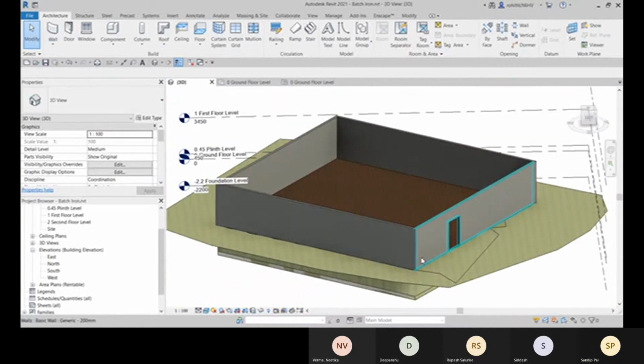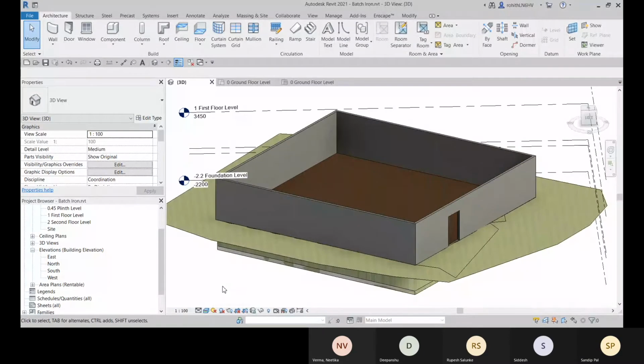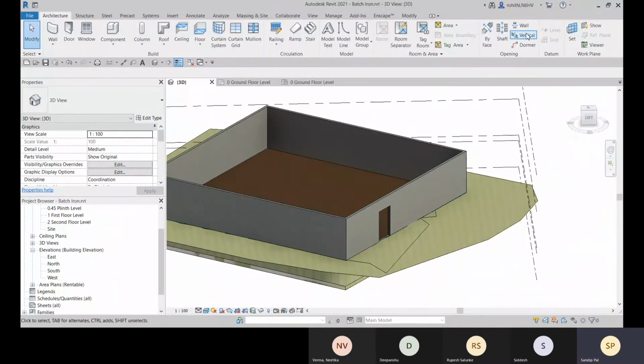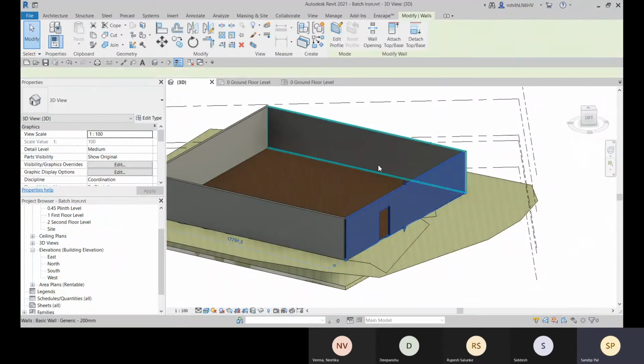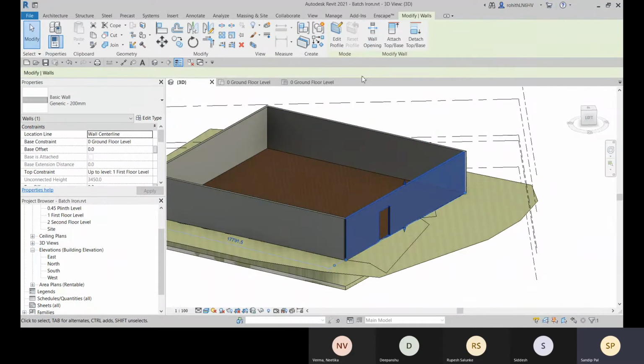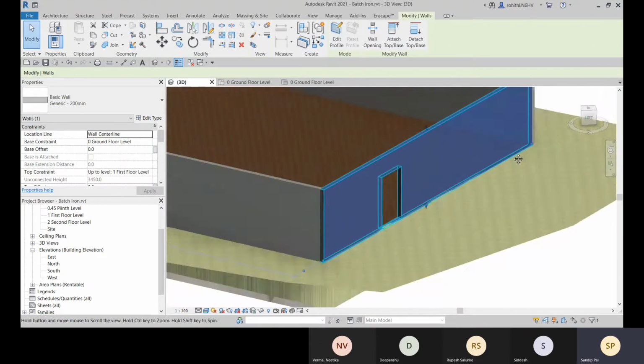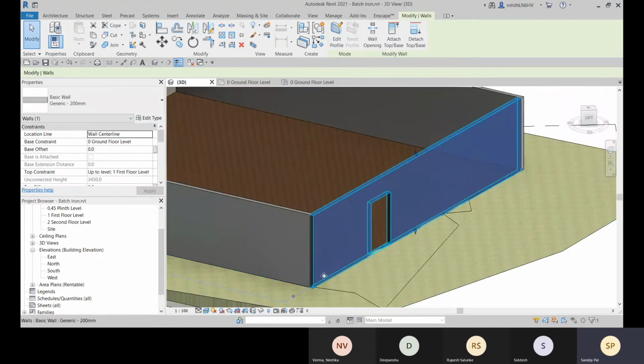So that we can create with the help of the wall opening. And we have this attach top or base option available, and this edit profile option is available for the wall.